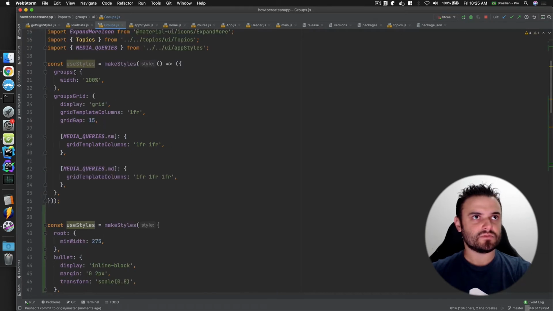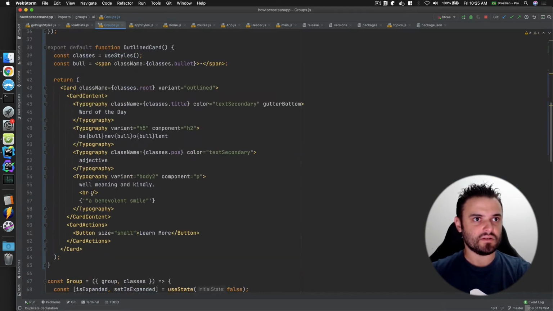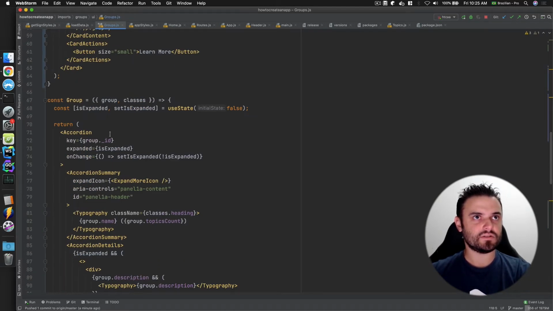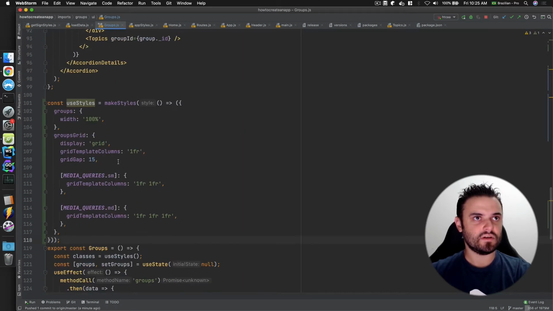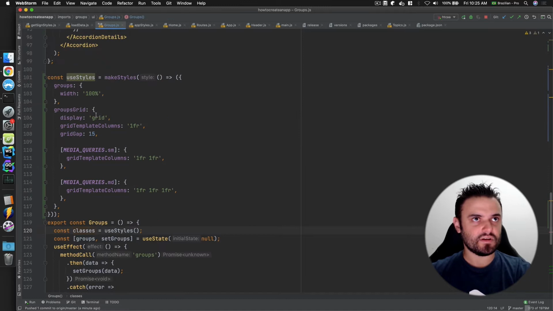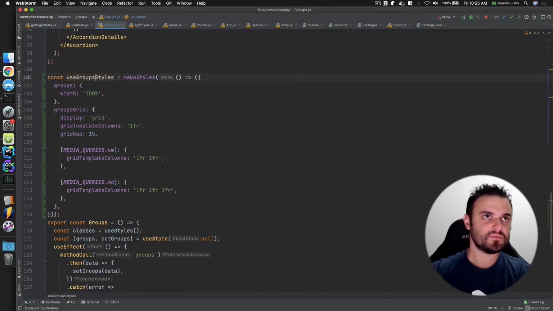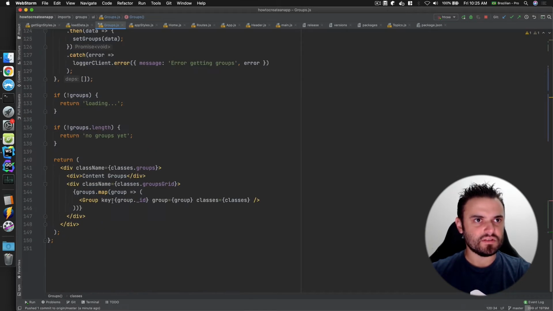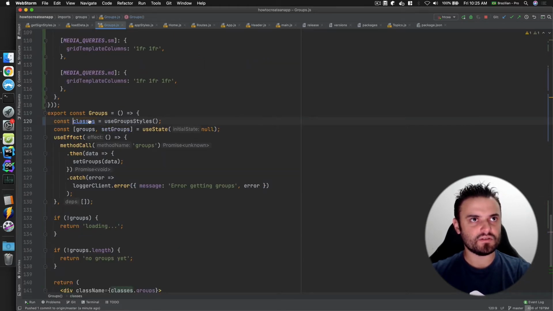These styles, let me see where, this is the one that I copied. Let me drag this a little bit here because I think this one is from this part. I'm also using it here. Let's improve this a little bit because I get this class from here. Then I will use group styles. Then this will be for the plural, for the groups. I don't think I'm using it inside my group, but I'm passing it here. Let me see why. Yeah, I'm not using it. Then I don't need to